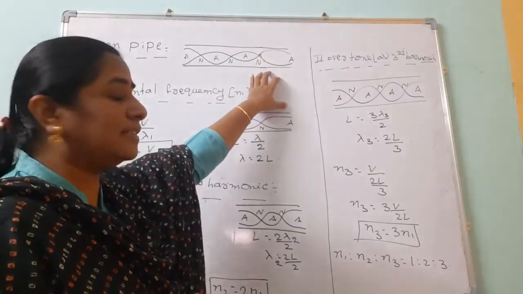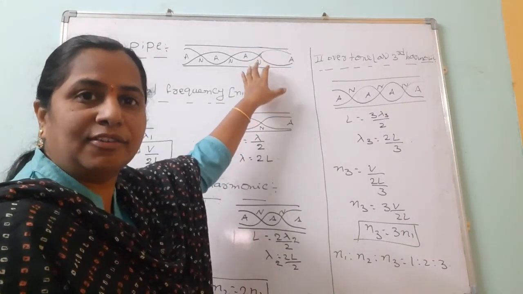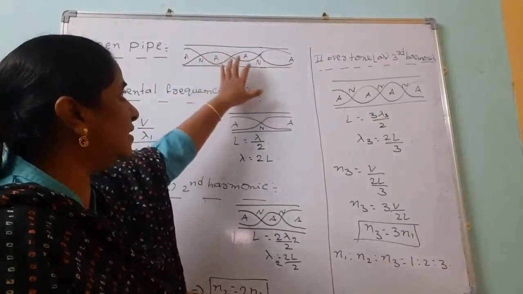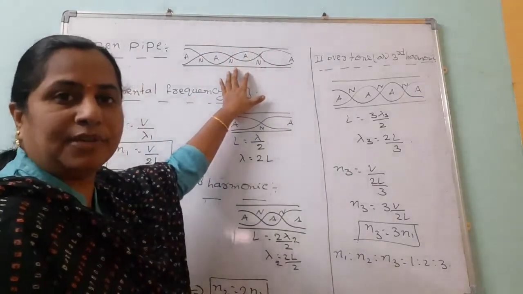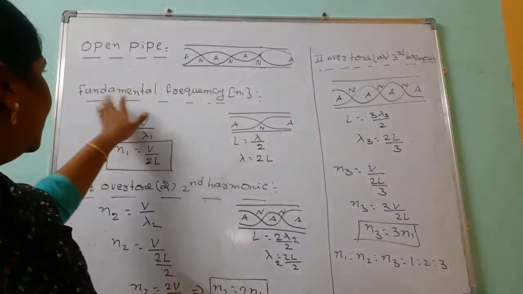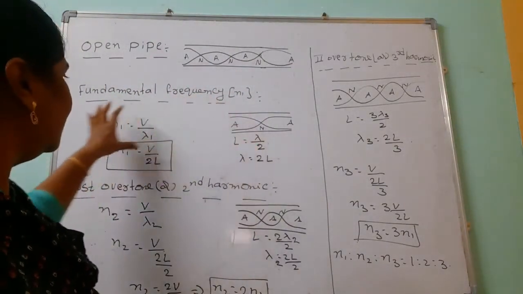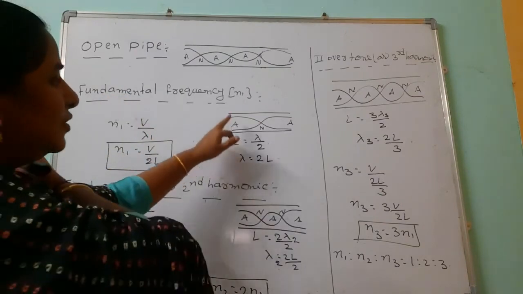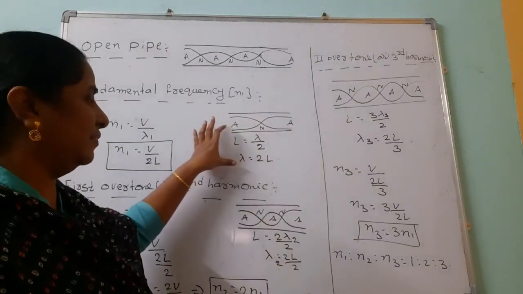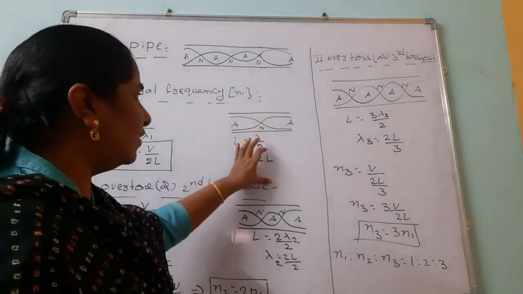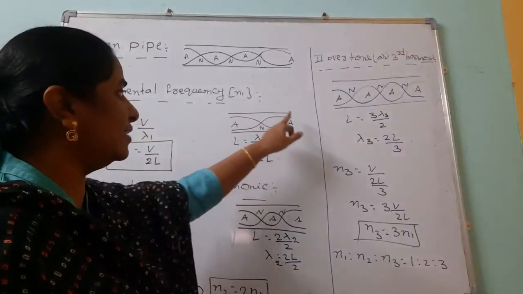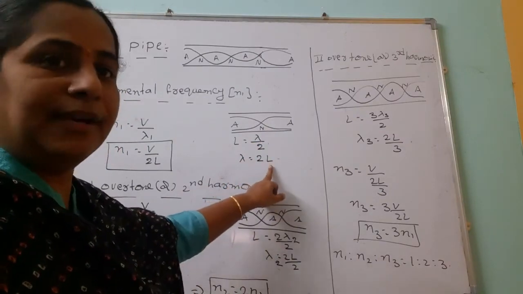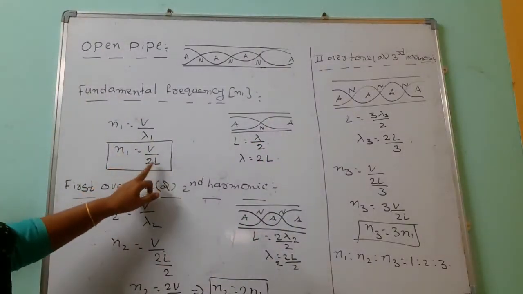The pipe which is open at both the ends is called the open pipe. Here air is trapped inside, then it forms the longitudinal stationary wave because of the superposition of incident and reflected progressive waves. Now, the fundamental frequency. The basic frequency is velocity by wavelength. Wavelength we should calculate in terms of the formation of that wave. So for the fundamental, it has 2 antinodes and 1 node. Lambda equals 2L. Then N1 equals V by 2L.